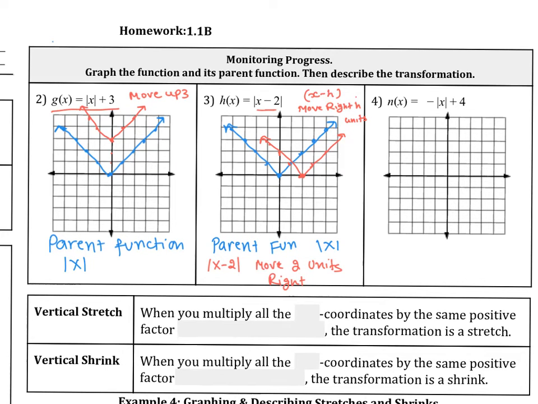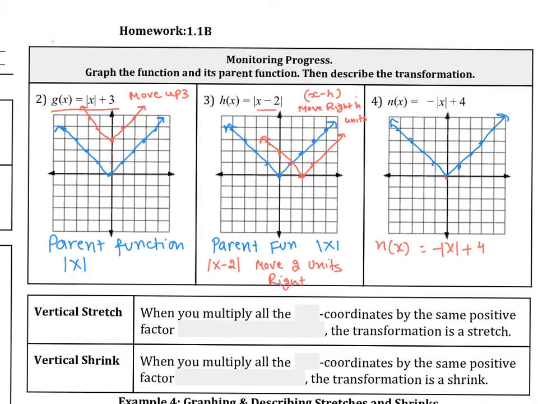Question number 4. When we are going to make a parent graph, it's still the same, that is absolute value of x, and that is a V graph. And for the h(x), you're using the absolute value graph reflection plus 4 units. So it means that you're going to do the reflection of the graph. Reflection, if you